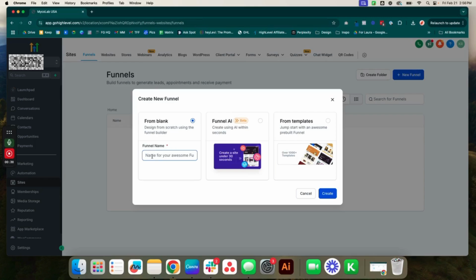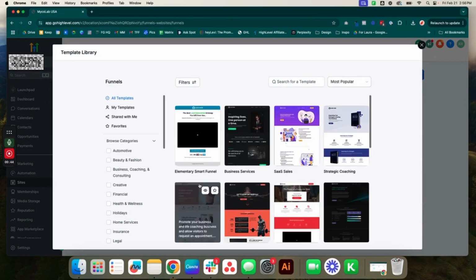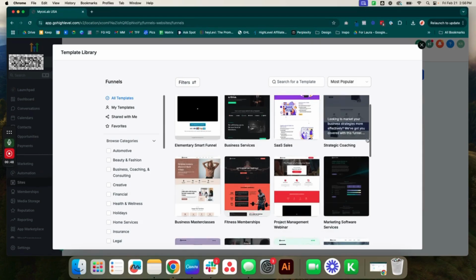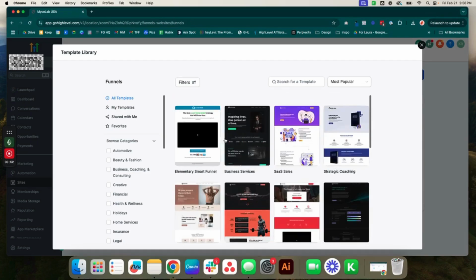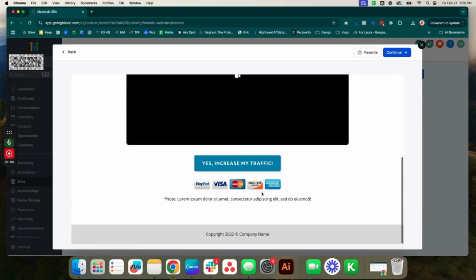You can either start from a completely blank page, play with the new funnel AI tool, or start from templates. There are a ton of templates, and we're going to start there. You can always look. It will give you a ton of different templates to view. At any point, you can click this eyeball and it will show you the full